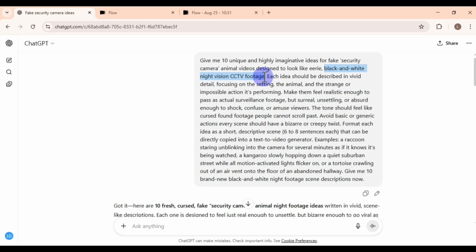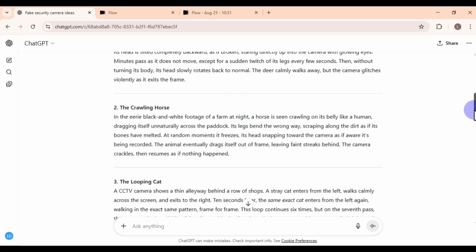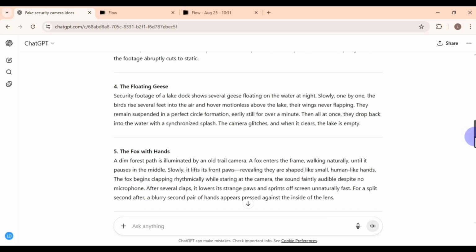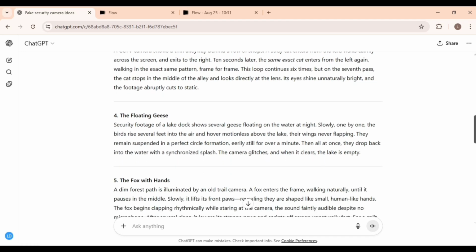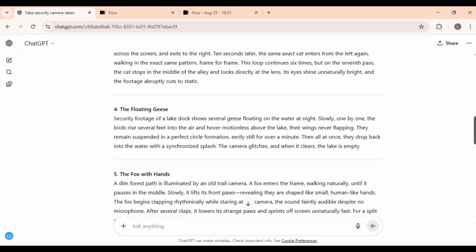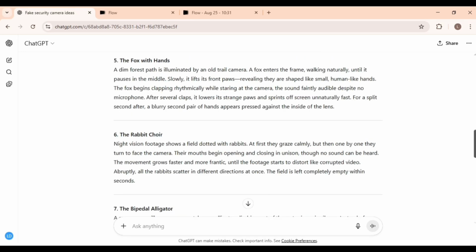And then you can ask ChatGPT to create multiple variations, like give me 10 unique and highly imaginative ideas for fake security camera animals videos like this, or just write your own idea. And then ChatGPT will generate several creative concepts, and then just check them, pick your favorite one, and then just copy it. And in this tutorial